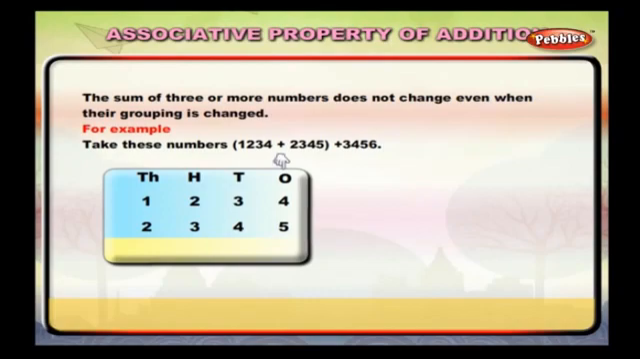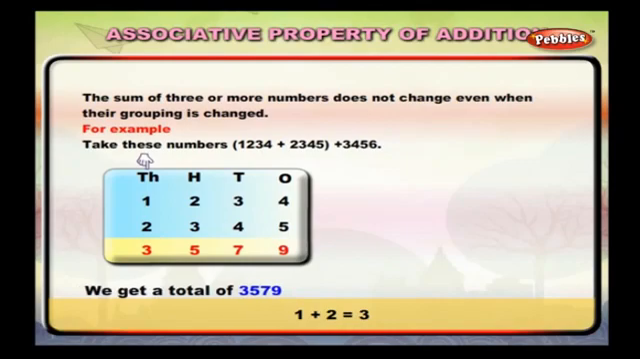2,345. Add ones column. 4 plus 5 is equal to 9. Add tens column. 3 plus 4 is equal to 7. Add hundreds column. 2 plus 3 is equal to 5. Add thousands column. 1 plus 2 is equal to 3. We get a total of 3,579. Now add the third number,